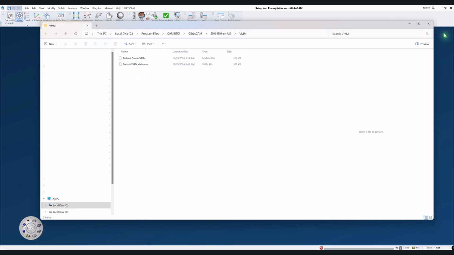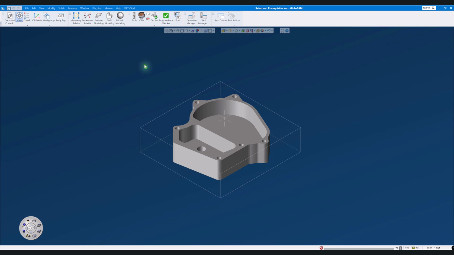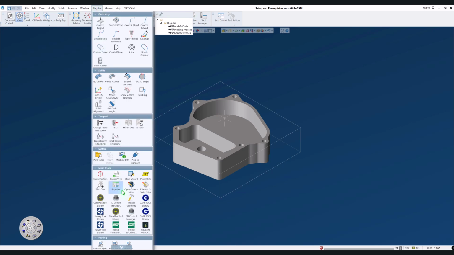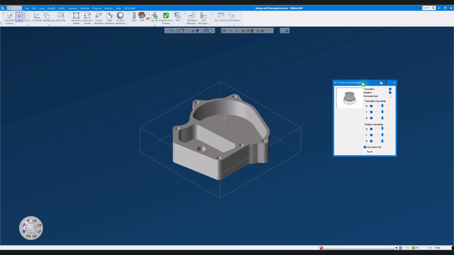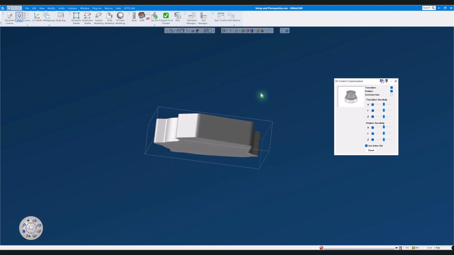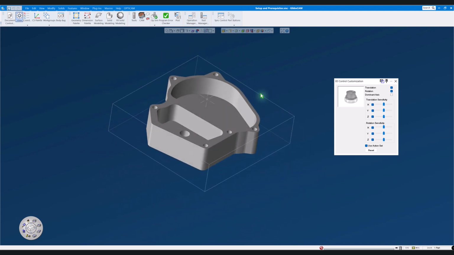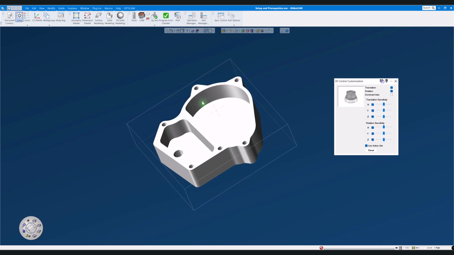There's the VMM folder. So you can find just about where anything is located by going to the Pathfinder on there. The next one is 3D Control Manager. So if you're running a Space Mouse, which I am, which is really nice, I'd recommend everybody get that, you can rotate your part around, move it, and zoom it up or down. So it makes it really handy working with Gibbs